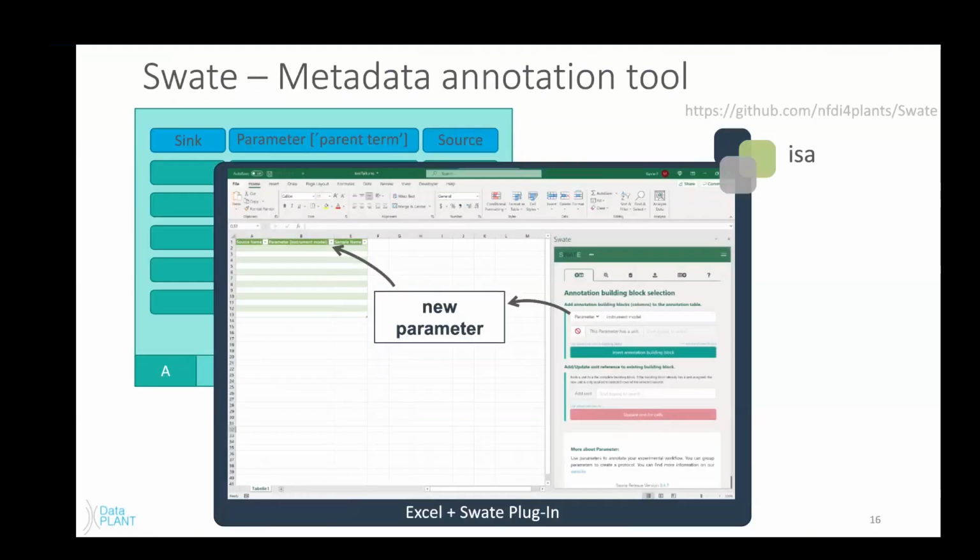So it's a simple Excel plugin at the moment. I believe it's being developed for other spreadsheet domains, but right now it's very easy to load as a plugin for Excel. And you can see here on the right-hand side, you can add your building blocks. So you can select whether something's a factor or a parameter, and then type in the name, or it'll give you options for names as you start to type in, and then you can add that column.